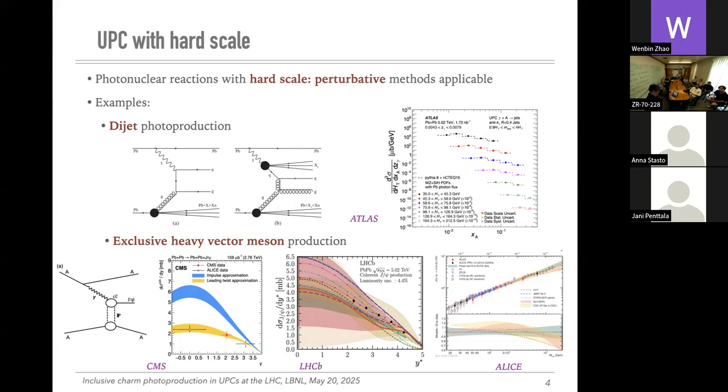Dijet photoproduction has this direct component and the resolved component, where the photon resolves before interacting and produces two jets. And this is the ATLAS measurement, a triple differential cross-section as a function of x_A, in bins of z_gamma and different sums of transverse momenta. The other example is, of course, our favorite, J/psi exclusive diffractive production,